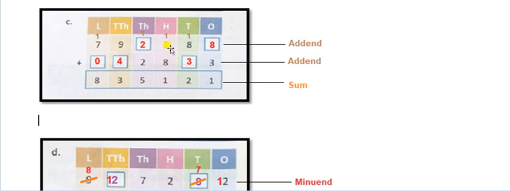When we add 3 and 8, it becomes 11. So again we write 1 here, and we take remainder 1 into the thousand column. Try to add 1 and 2. When we add remainder 1 and the second addend 2, it becomes 3. After 3 you have to count in such a way that the number must be 5. So after 3 start counting 4, 5. I see that 2 more extra counts were done. So write that 2 here. Now again you can check it. 1 plus 2 becomes 3. 3 plus 2 becomes 5. 5 is a single digit, so write it as it is.